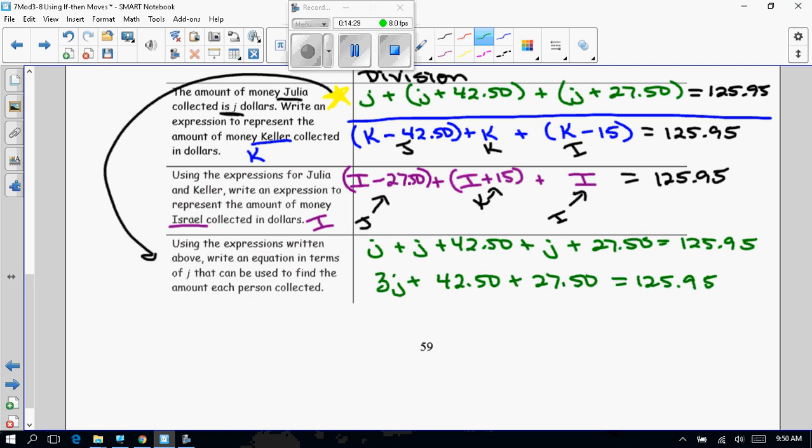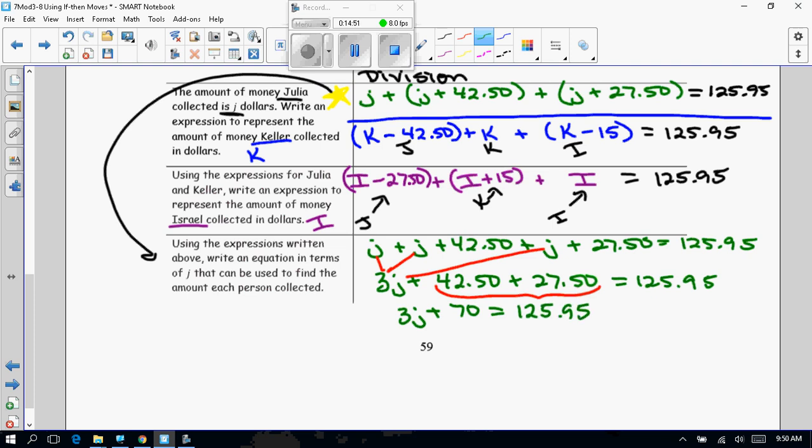Okay, just rewrite it. I just added the J's all together. If you need to, draw an arrow so that you see where that came from. Don't get lost. All right, next thing I'm going to do, I'm actually going to add those two numbers to each other. So I now have 3J plus, oh, that's 70. That's kind of nice. Equals